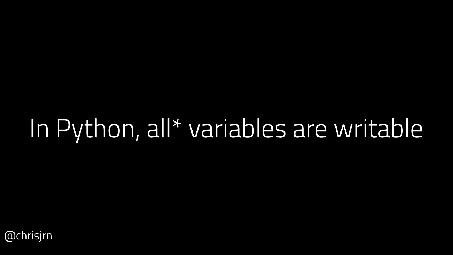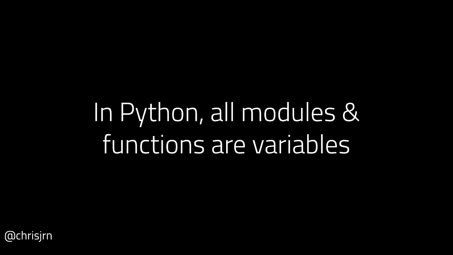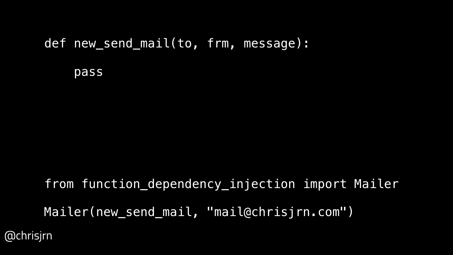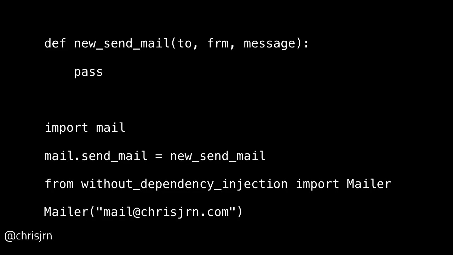And the reason for this is that in Python, basically every variable everywhere, including those variables that are in the standard library or places like that, they're all writable. And because every module, function, and object is a variable in Python, that means that you can write to any module, function, or variable or object. So instead of writing a mock like this and passing it into our object at construction time, instead we can override the dependency with our mock function like this and test that behavior instead.